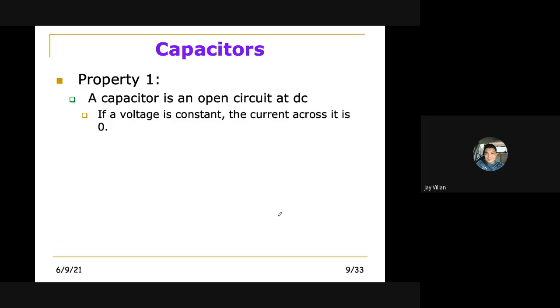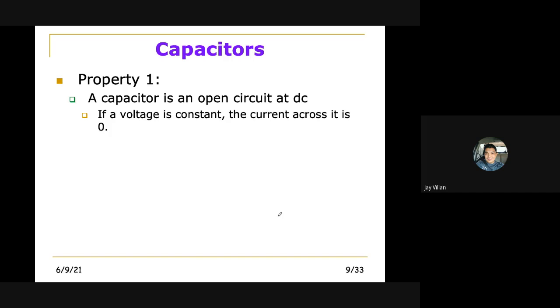So these are now the properties of capacitors. Of course, we first consider its capacity, its ability when it is at DC. A capacitor is an open circuit at DC. If a voltage is constant, the current across it is equal to